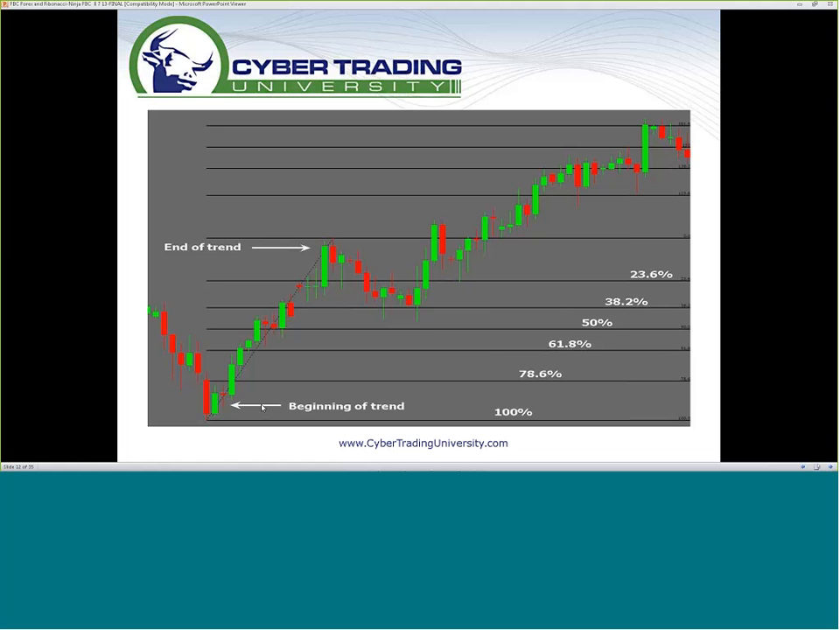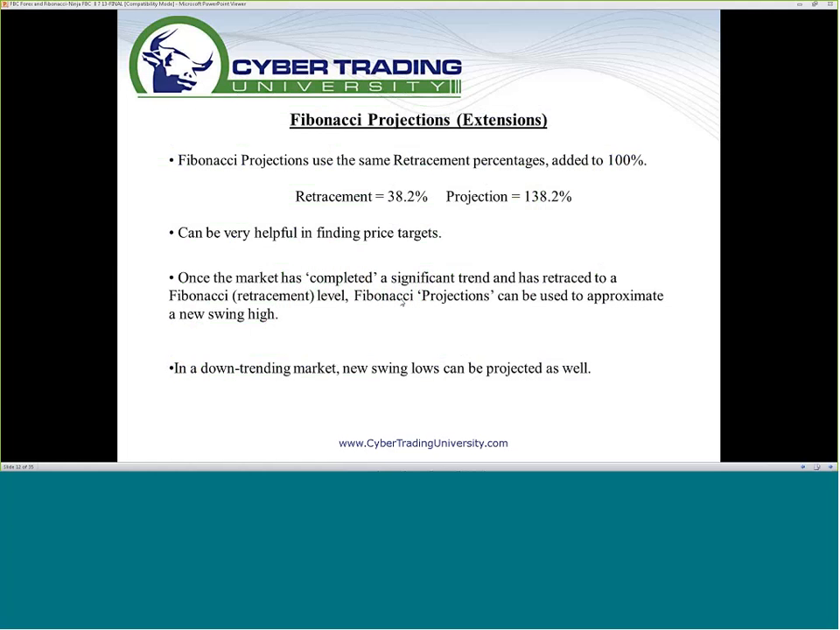So logically, if we experience a 100% retracement, that's not a higher low. That's not a trend anymore. Now, extensions work in the same way, but to the upside, meaning Fibonacci projections, also extensions. It's very simply, we take the same percentages and we add them to a 100% move, meaning the market's gone up, that's 100% of the trend. It retraces. We now project above our high as the market makes a new high